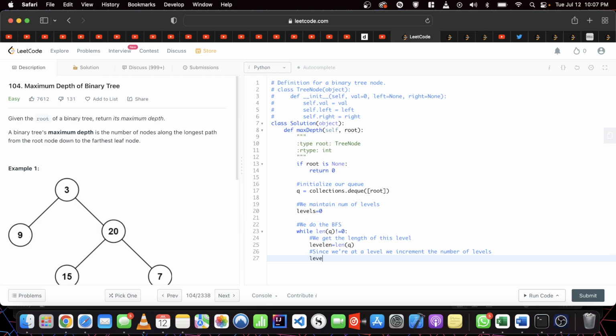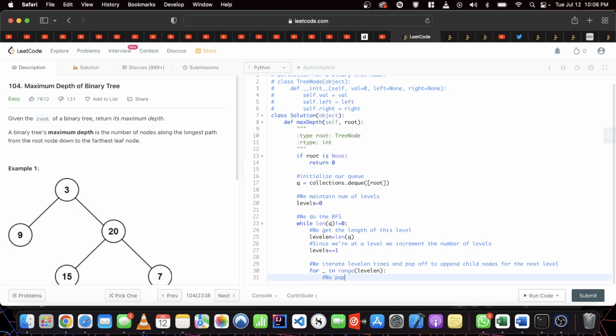So it will be levels plus equals 1, right? So now we iterate level_len times and pop off to append child nodes for the next level, right? So simply for _ in range level_n,